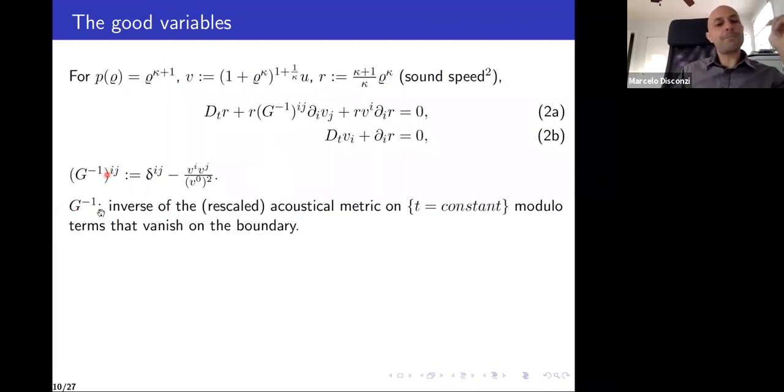Now, the fact that this G appears, if you have seen the relativistic Euler equations before, is not so surprising. This metric turns out to be related to something called the acoustical metric. The acoustical metric is another Lorentzian metric that appears in the study of the relativistic Euler equations, the Lorentzian metric that's exactly tied to the propagation of sound waves. Whenever you have waves, there is some metric structure, some Lorentzian metric lurking behind. And in the case of sound waves, that's called the acoustical metric. And this G is related to that. So it's not so surprising that this G appears.